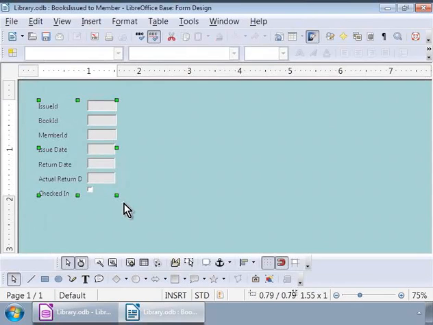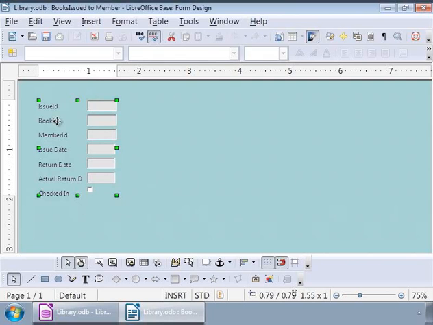Now we see that all these elements are encased in small green boxes. Now, whatever action we do here will affect all the elements inside this area uniformly. Now let us move the mouse pointer on any label here. Notice that the mouse pointer looks like a plus sign over labels and text boxes.